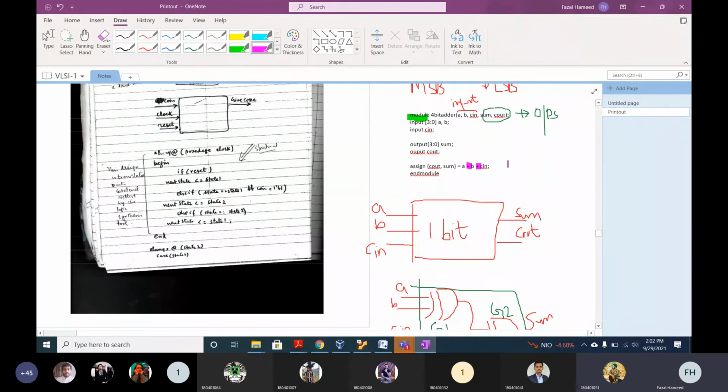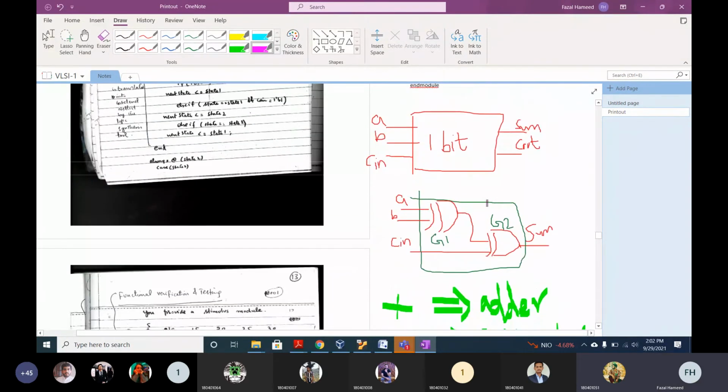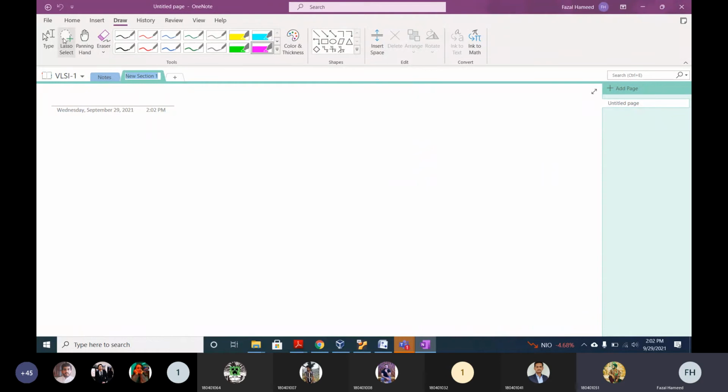Okay, now I have another question. Now, who is responsible? Okay, now I'm writing it. Writing here. Who is responsible to convert the design at higher level of abstraction